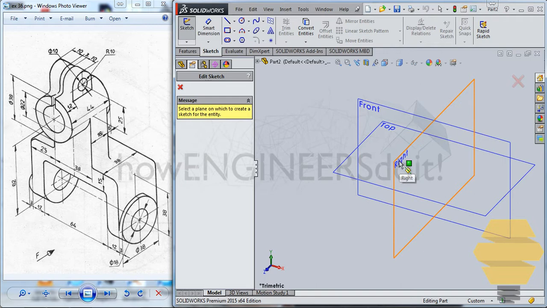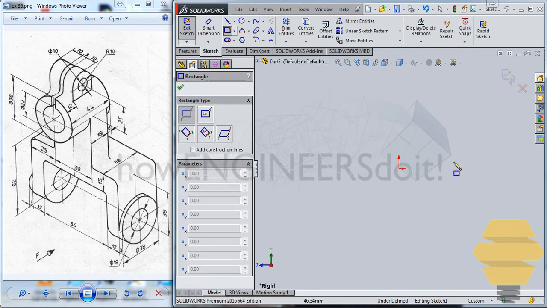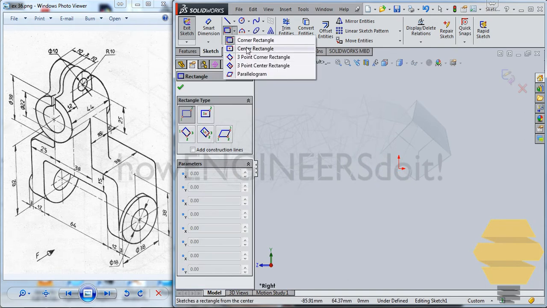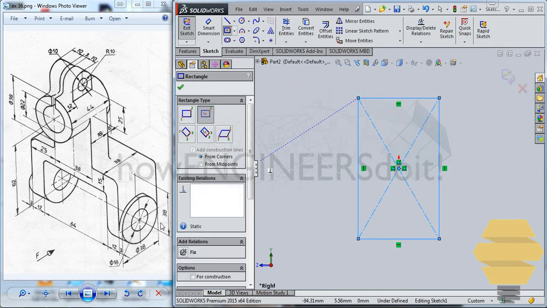maybe at the right plane, or else we can start it at the front plane. Maybe I would prefer to start it at the right plane by creating this block here. So let's select the right plane, and let's create a rectangular portion. I'll go for a centered rectangle, and I'm focusing on this portion here,